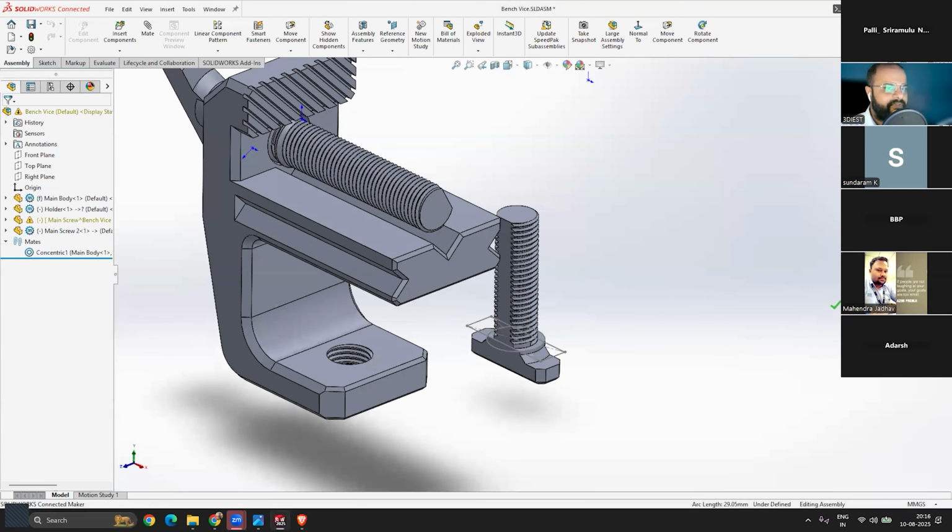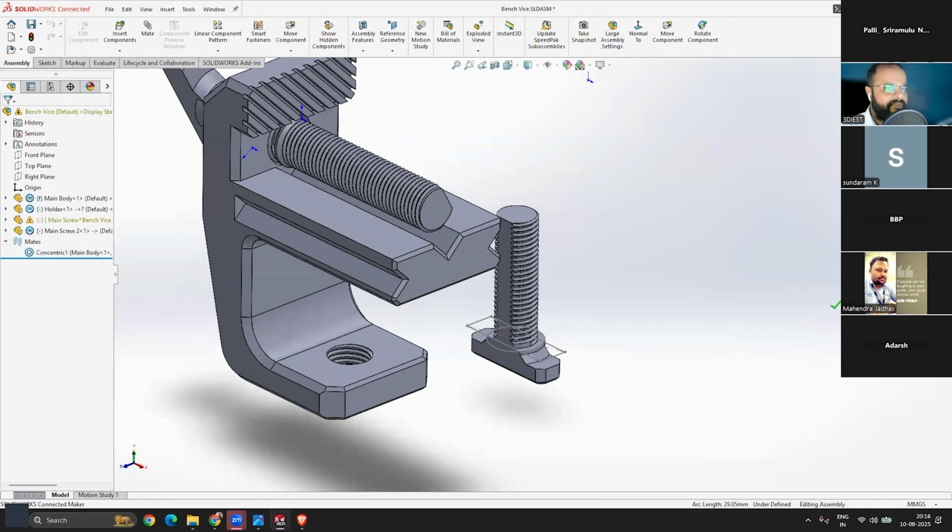Now a window will pop up like this at the center of your screen, where you have to define the size of the paper, right? Because if you want to print it, there are only 4 to 5 standard paper sizes available in the market, and it generally starts with A4 size, the normal paper that we use in our printers, then A3 size, bigger than that, then A2, A1, and A0. So normally all the engineering drawings are printed in A3 paper size. So here I will select the A3 paper size.